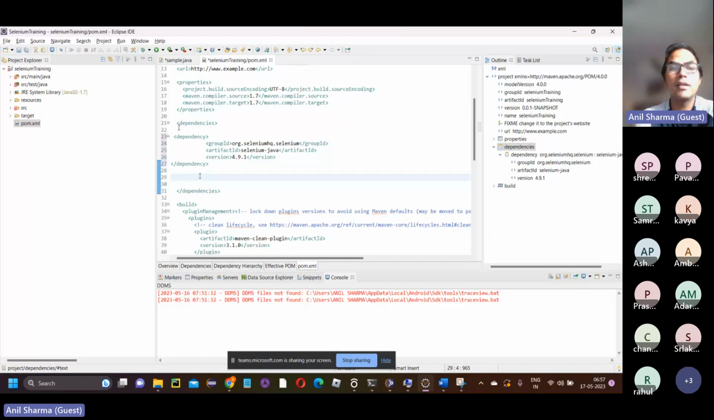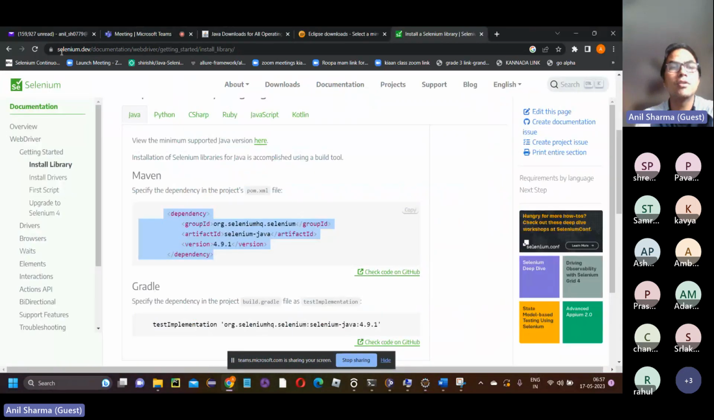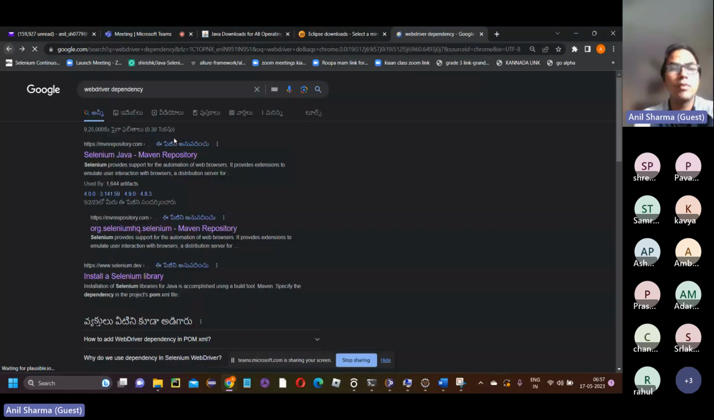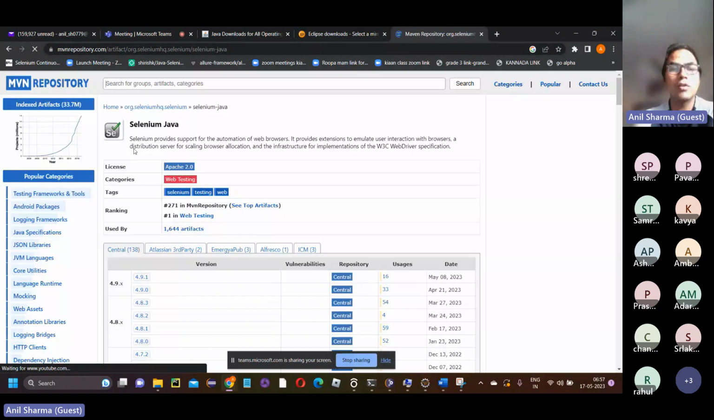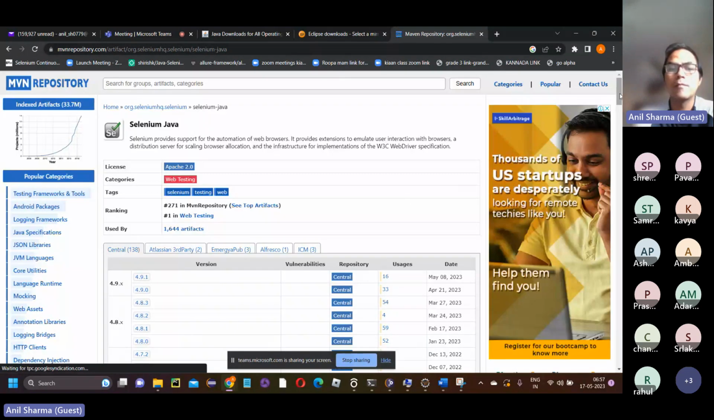So add the dependency, whatever we have just taken from Google, from the Selenium dev. So earlier it was Selenium HQ. Now the latest is Selenium.dev. You can also take it from the Maven repository website, mvnrepository.com. You can go here and take